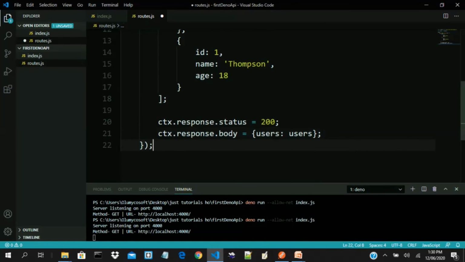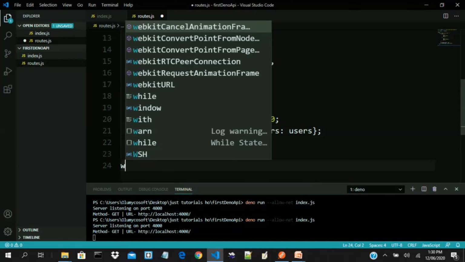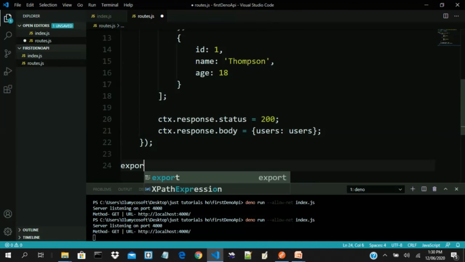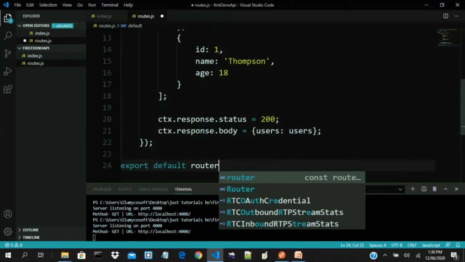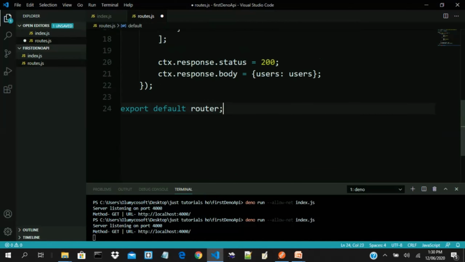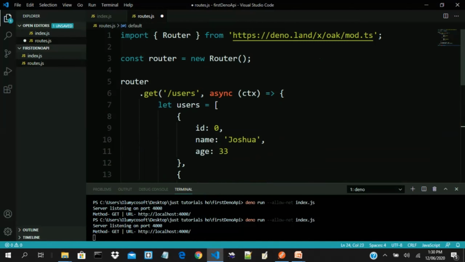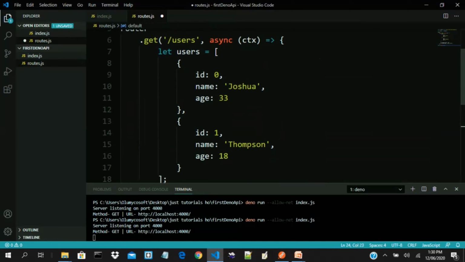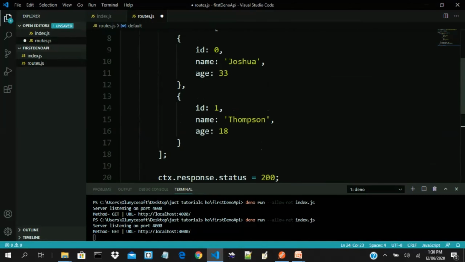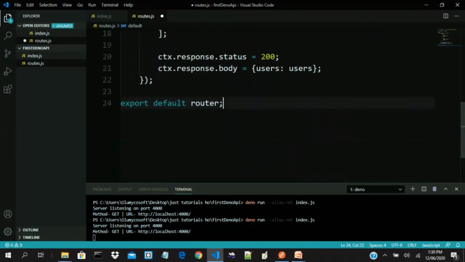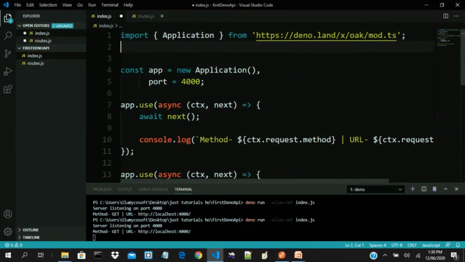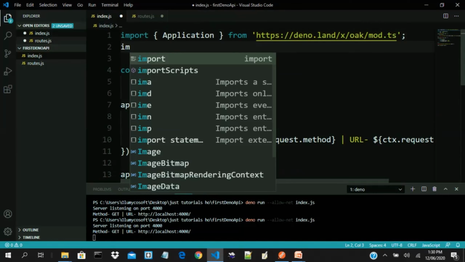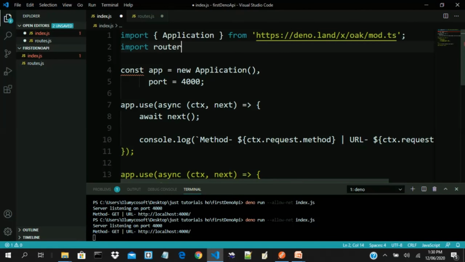So then we need to export the router. Export default router. Okay, so I hope there is no mistake. So import router from